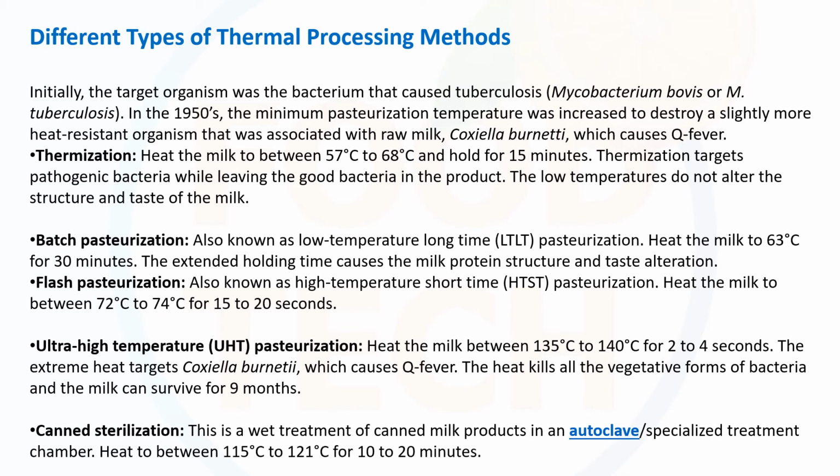In flash pasteurization, also known as high temperature short time pasteurization, the milk is heated between 72 degrees Celsius and 74 degrees Celsius for 15 to 20 seconds. In ultra high temperature pasteurization, the heat is applied in between